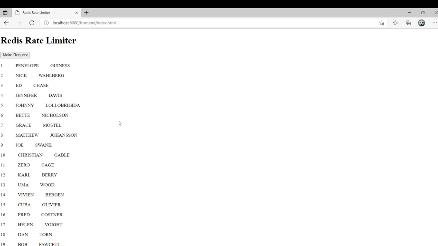But if we use Redis as a caching system as well, then the first time the user makes the request to the database, that response is also cached in the Redis, and for subsequent requests, the data cached in the Redis could be returned to the user. So most probably our next video will be integrating Redis in this program as a caching system.